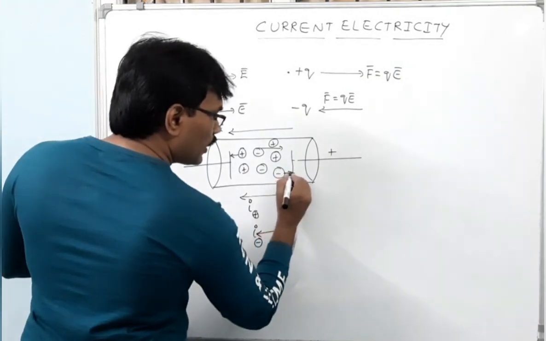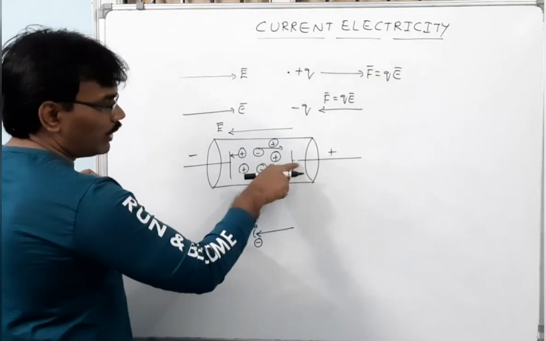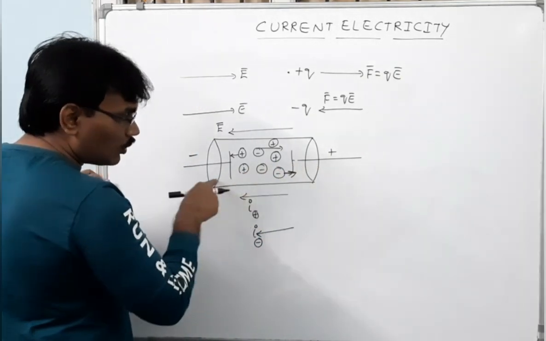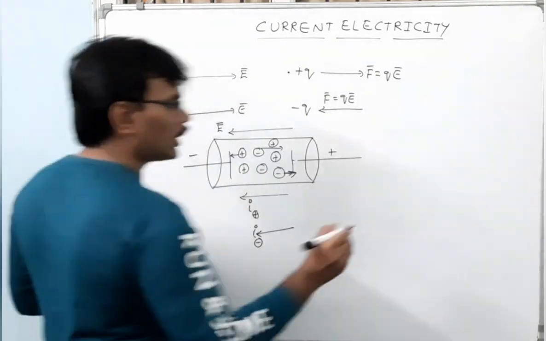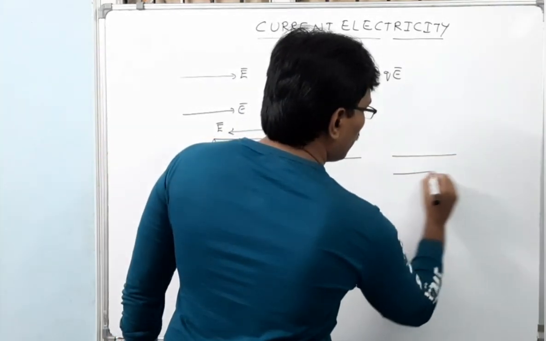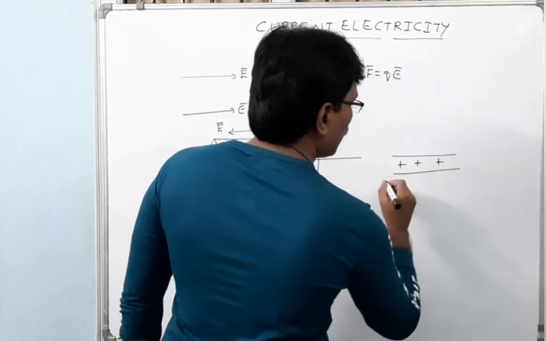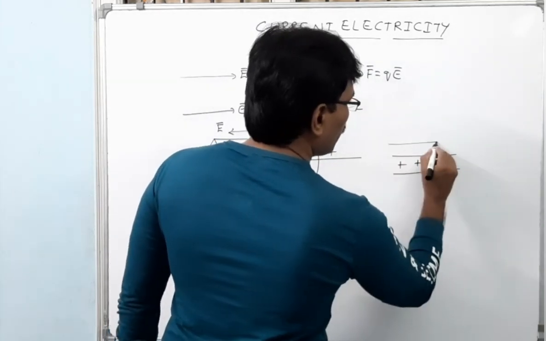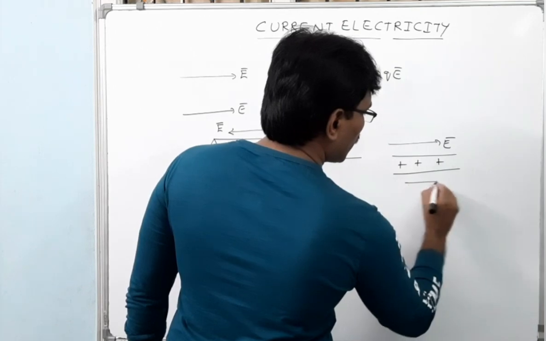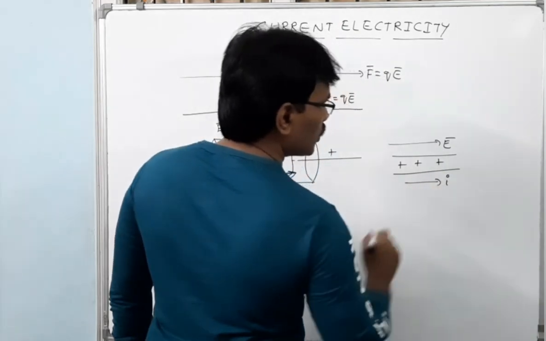But the movement of electrons, that is negative charges, and positive charges may be different. If electrons are moving toward the positive terminal, their current is taken to be opposite to the flow of electrons. That means whenever we have a conductor or a tube having only positive charge, and you apply an electric field in this direction, the current due to these positive charges is also in the same direction.